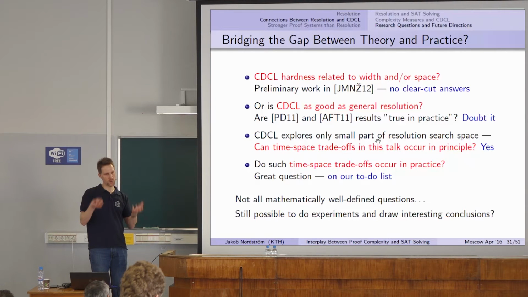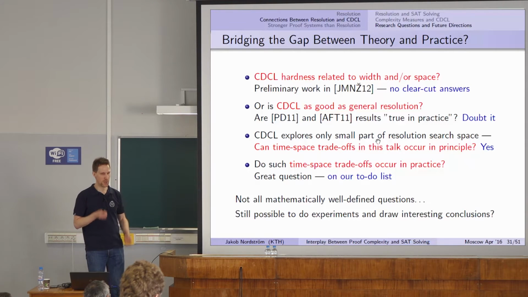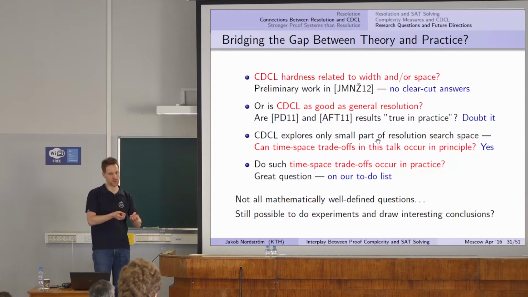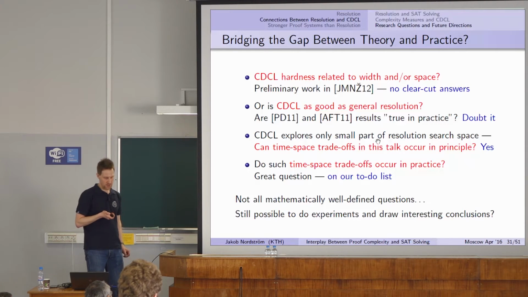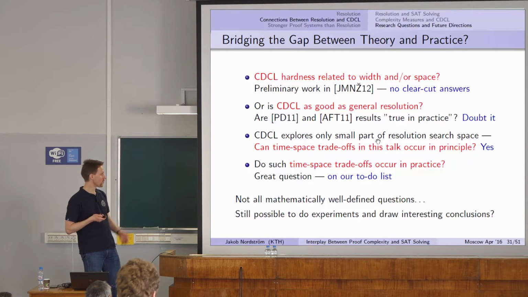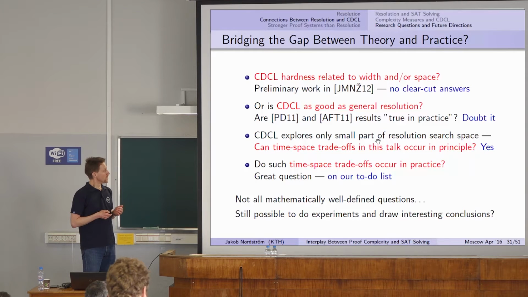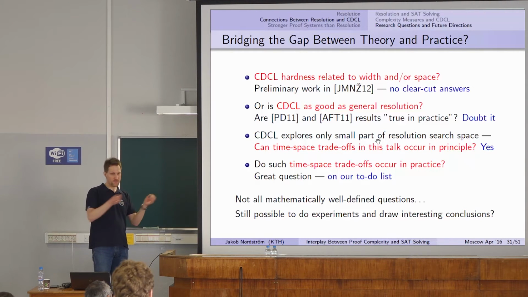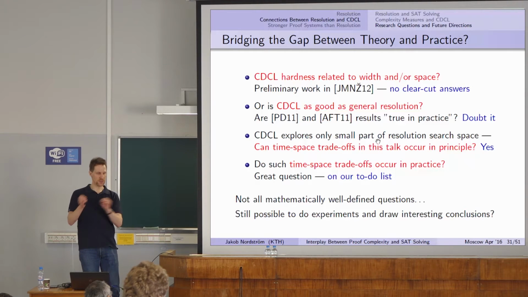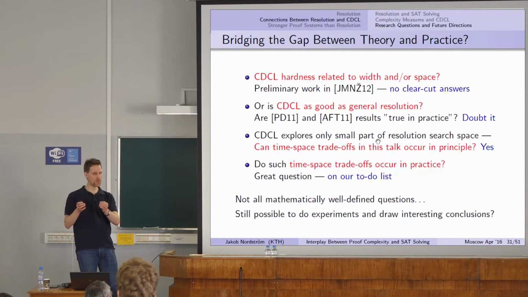They somehow were living under the assumption that, well, it won't be a problem. And now we can exhibit formulas to them where we say, well, for this one, you do have a problem. In theory and in practice. So I guess the message of this slide is that if you know what the SAT solvers are doing and you know your proof complexity, there are a lot of interesting questions at the intersection, where SAT solving people will say, for instance,